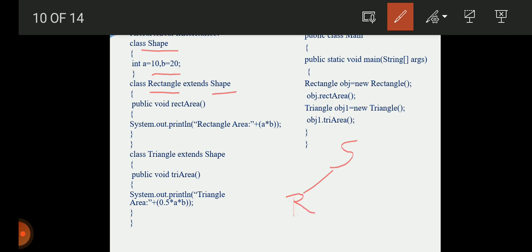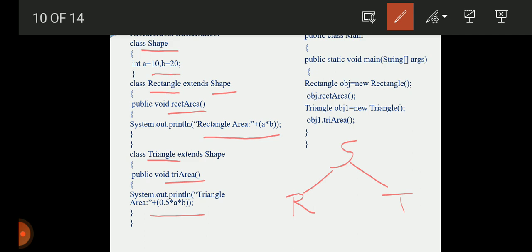Here we have the method in Rectangle, in which we are finding the area of the rectangle. Next we have another class, Triangle, with the method tri area, in which we are finding the area of the triangle.